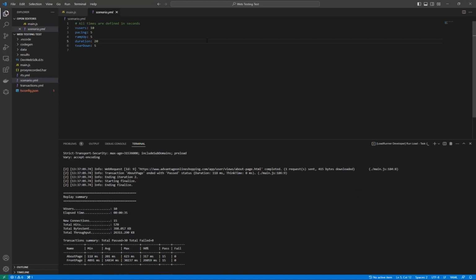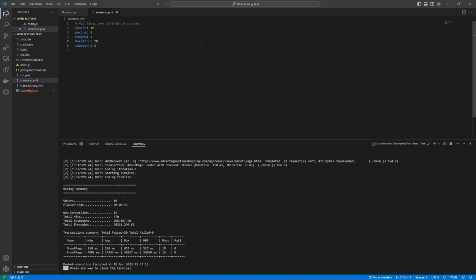And I can now see that I do get some minor variation in accessing the about page here. If I would have run a more involved or complex script, it might be that I need access to the log files from the virtual users, since they contain the records of each of the different virtual users that are running in the test. And I can access those from the IDE here as well under results and then log